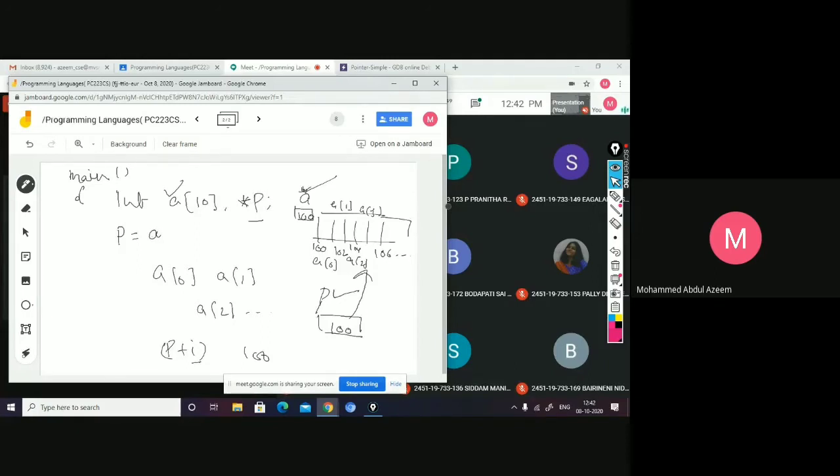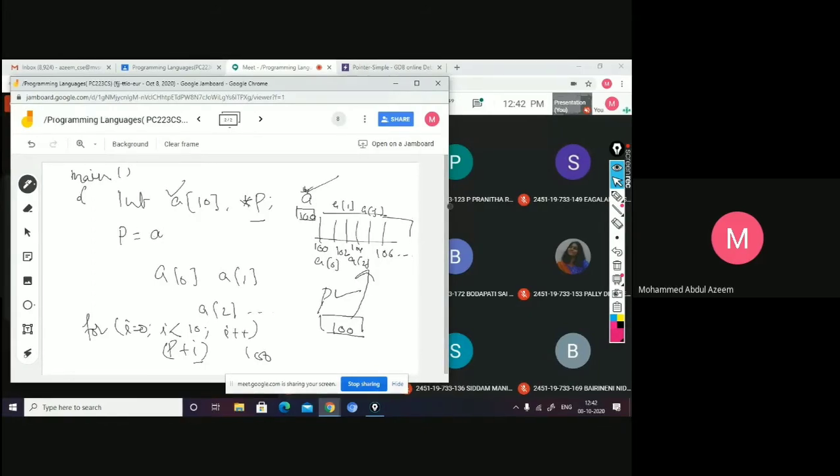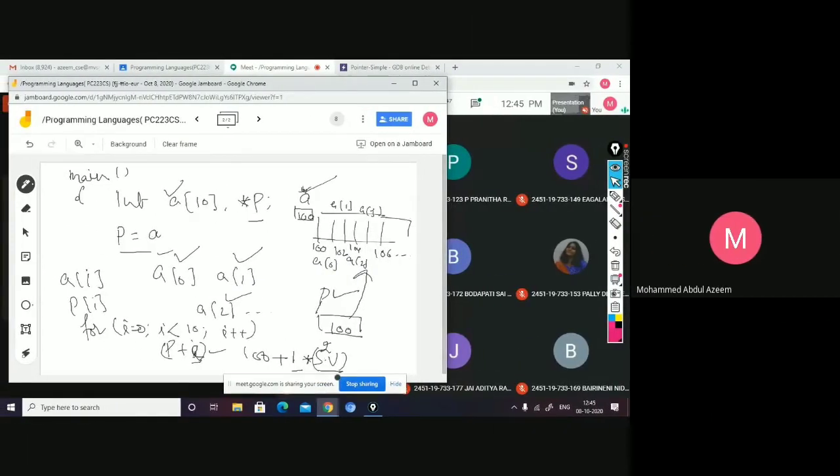So if I use a for loop where I starts with 0, I less than 10, I plus plus, and if I am using this mechanism, P plus I and A plus I also I can use.